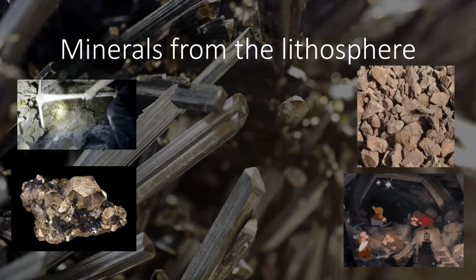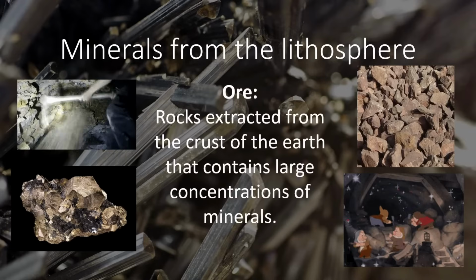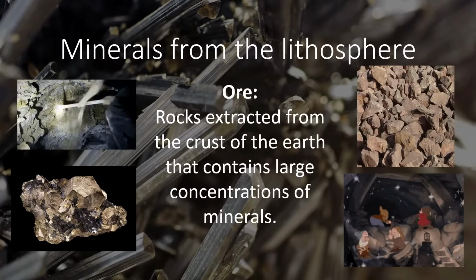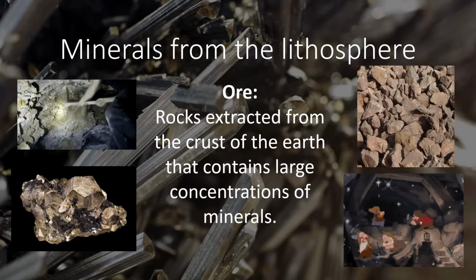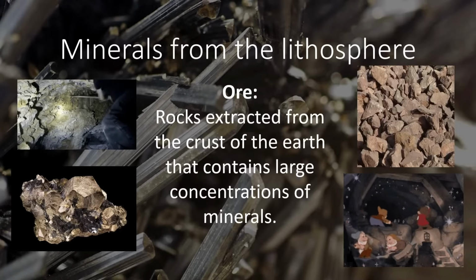Minerals of the lithosphere. The form in which we obtain these minerals is in a substance known as ore. Ore can be defined as the rocks that are extracted from the crust of the earth that contain a large concentration of minerals. These minerals can then be valuable to us, but the way in which we mine them is first through ore. Two examples which we'll get to later are iron ore and copper ore. In order to remove the iron, we first remove the ore and then we extract the minerals from these pieces